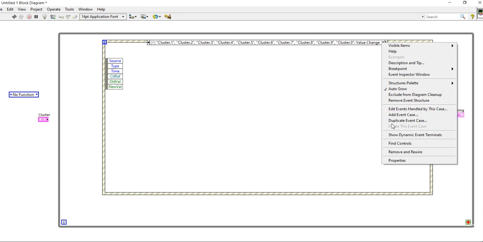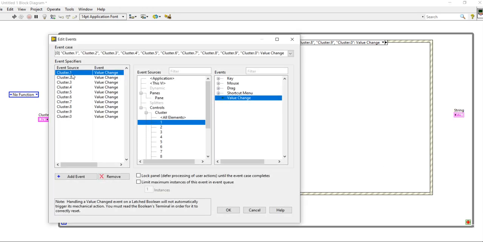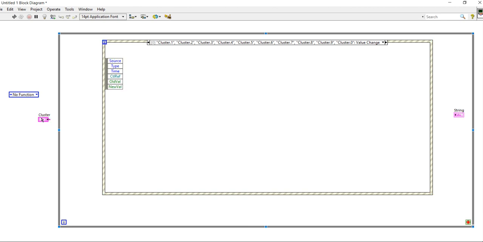Again when you open it, you will get all those things. You will get all these numbers 0 to 9. And what is the cluster 0 to 9? Because our buttons are present inside the cluster, that's why the name is cluster 0 to 9. So for that we need to select this control reference, and we will use this control reference in this program.